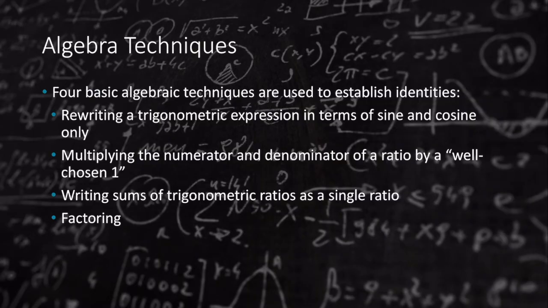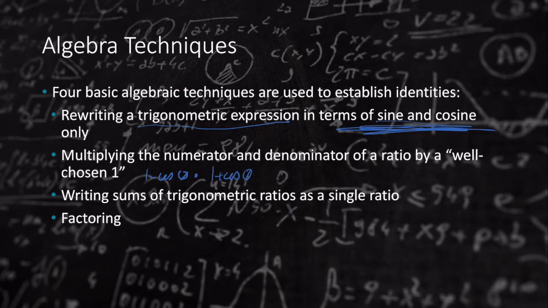So let's talk about the 4 basic algebraic techniques we're going to be using to establish identities. So first, we're going to be able to establish identities by rewriting trigonometric expressions in terms of just sine and cosine. Next, we're going to multiply our numerator and denominator of a ratio by a very well-chosen 1, something that's going to make it factor nicely when we multiply it. So if I had like 1 minus cosine theta, I might want to multiply that by 1 plus cosine theta,